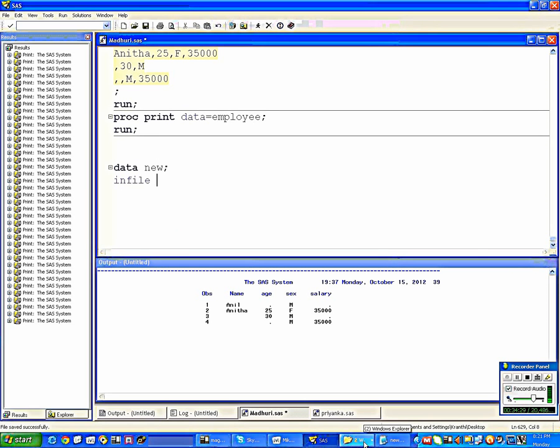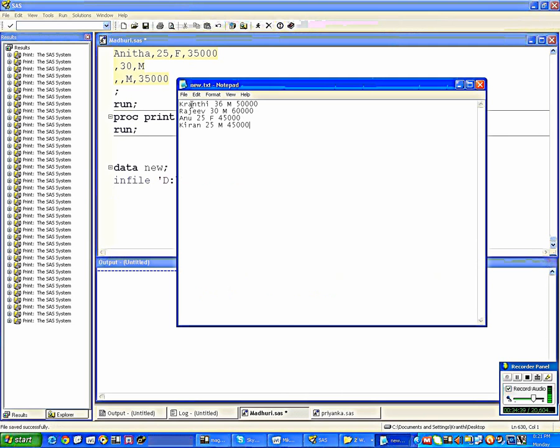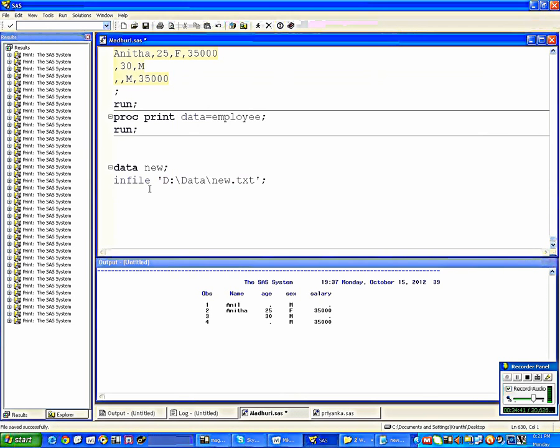Where is the file? It is in the data folder, new.txt. Then what are the variables? Name, age, sex, salary. So write input name age sex salary.